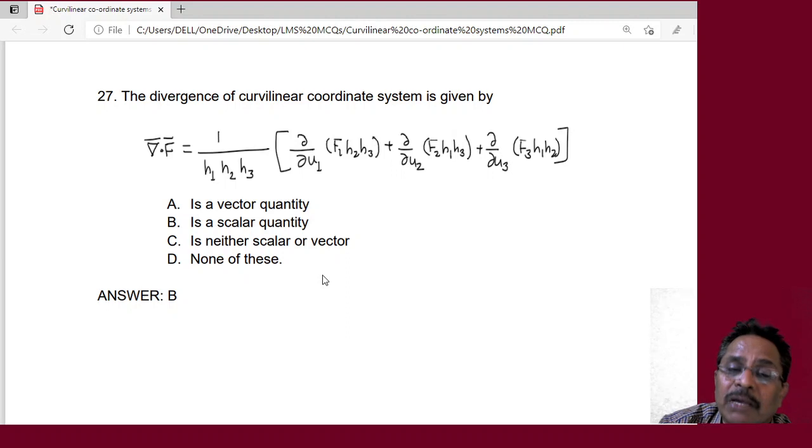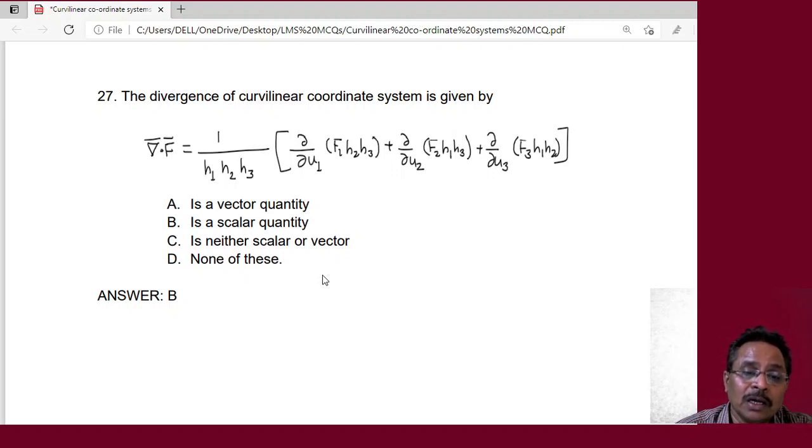And as we know, the divergence of a vector point function, since this is a dot product, is always going to be a scalar quantity. Just to remember this, I have added this particular question here. Sometimes in examination, different equations will be given. If the order is changed, such as h1 h2 and h1 h3, like this, a minute change in one of the parameters is made, and if 4 such equations are given and you are asked to pick the correct expression for the divergence in a curvilinear coordinate system, we should be able to go for this type of calculation.